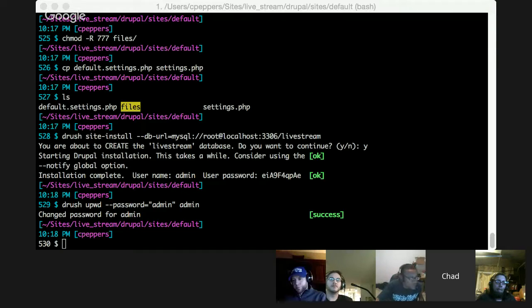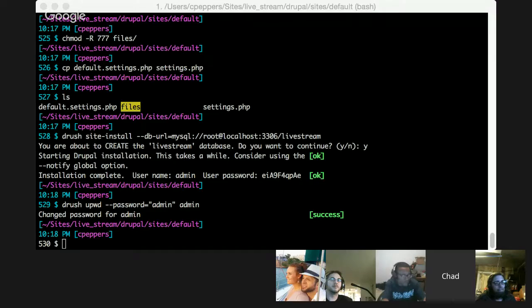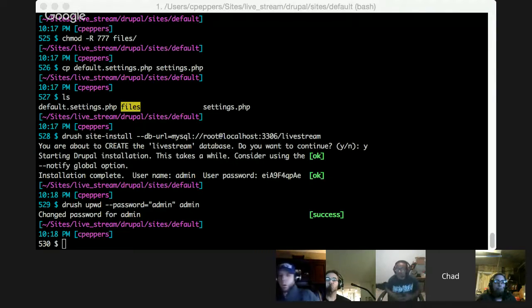Drupal 8's moving towards what's called Drupal Console, though, and that's a whole other topic, but it's more of a Symfony style component console application, and it can create boilerplate code and do a lot of things that Drush can't do. So my prediction is that in the future Drush will probably no longer be used. It'll be the Drupal Console.